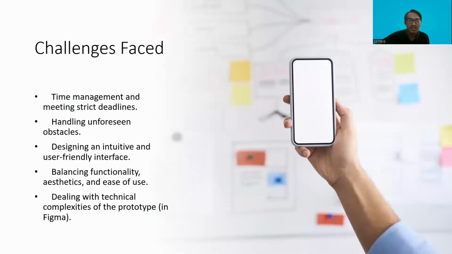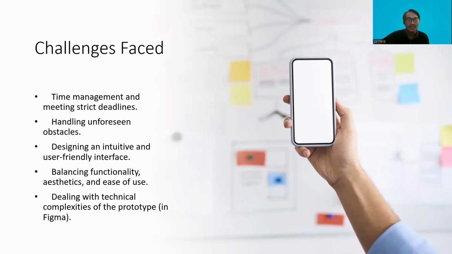Finally, the challenges faced during this project are time management and meeting deadlines, because there were a lot of tasks that needed to be done. And then we handled some unforeseen obstacles. For example, we faced some hardships in communicating through WhatsApp.